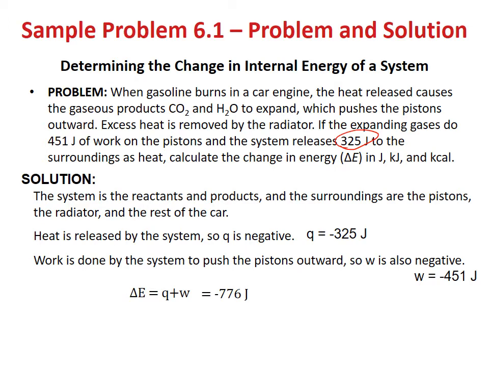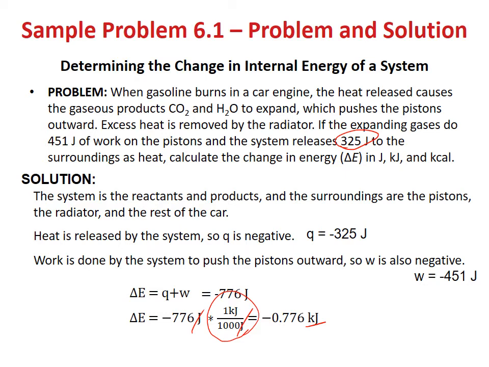That means the internal energy of the system decreased by 776 joule. To convert to kilojoule, we divide by 1000. So we use this as a conversion factor, 1 kilojoule equals 1000 joule. And that gives you kilojoule, negative